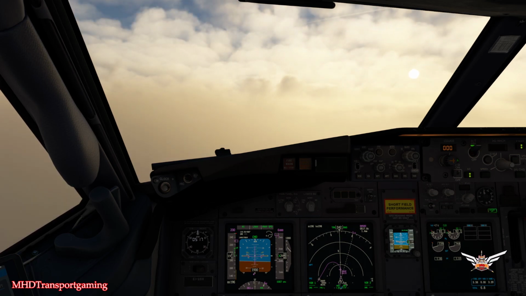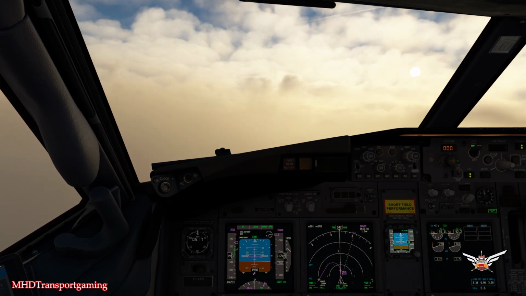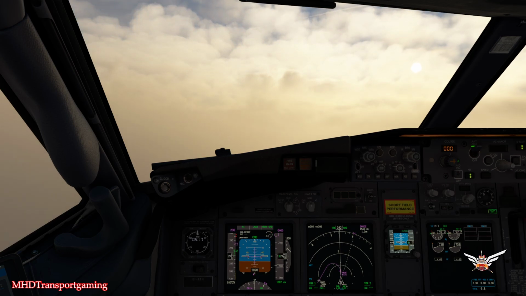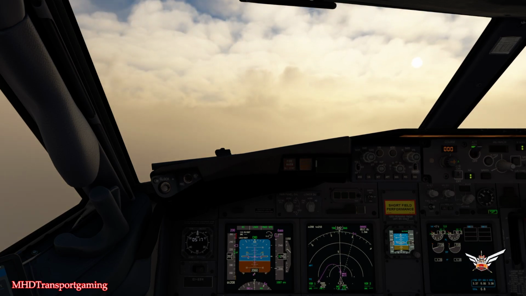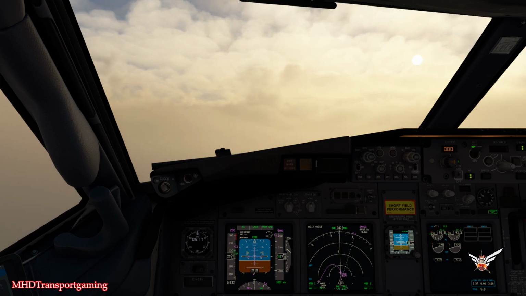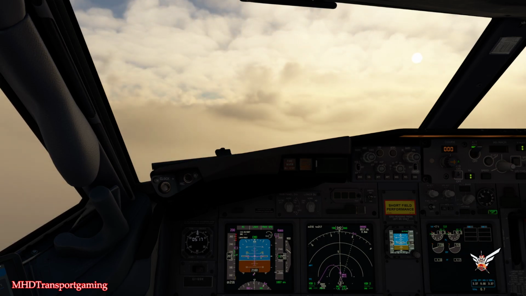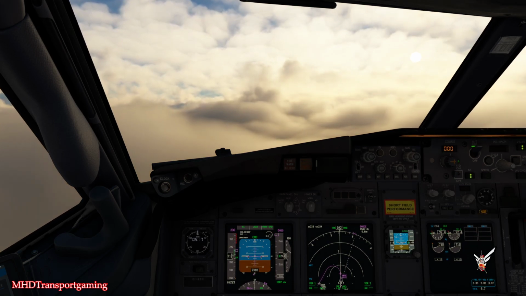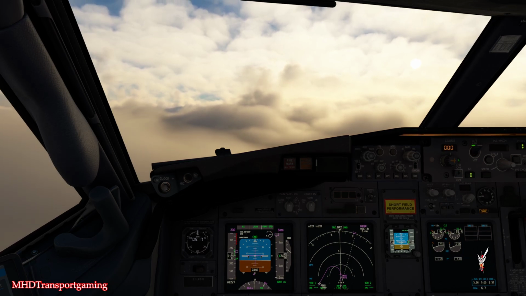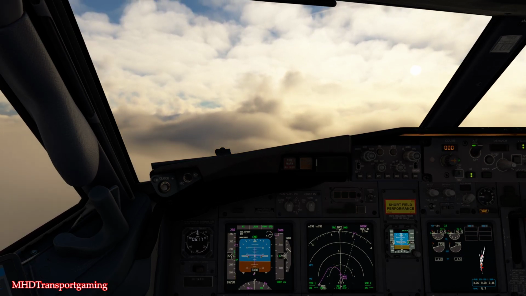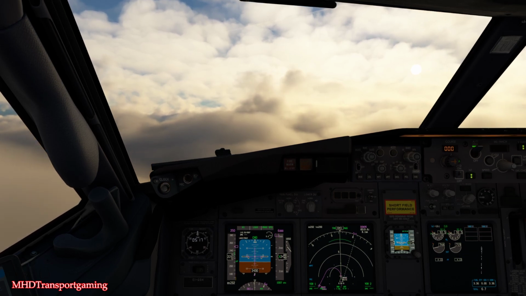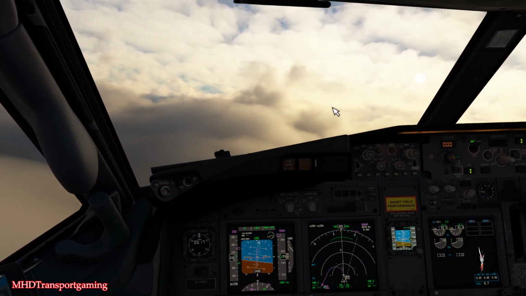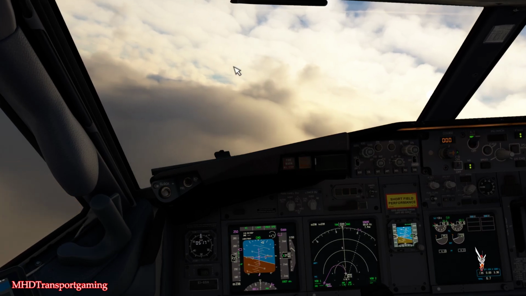Alright, flaps up. Flaps are moving. And flaps are up. And there we go. That is the departure from Edinburgh